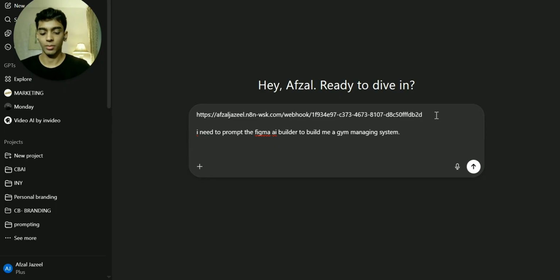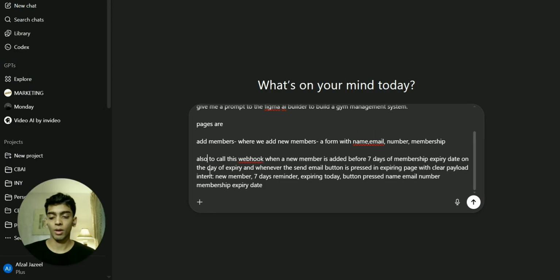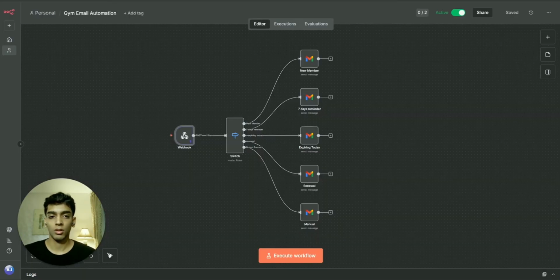For example, we need the pages add member and memberships, analytics, a form to enter details of new members, and also prompt it to call the webhook, right? Whenever something new happens. So for example, I have added, when the button is pressed or whenever the webhook is called, you have to send the name, email, number, membership key. Send it, grab the prompt, go to Figma,